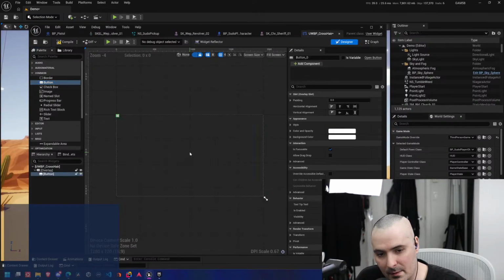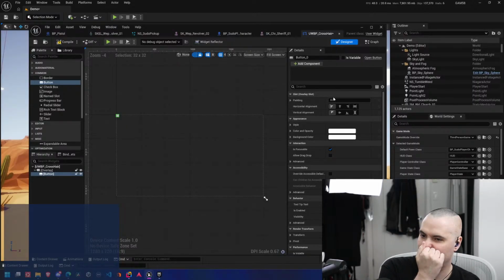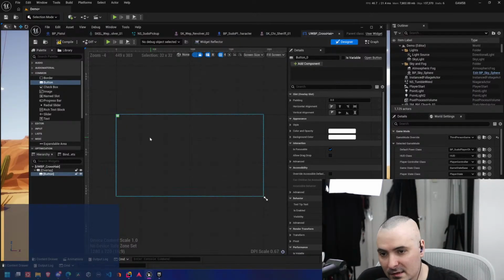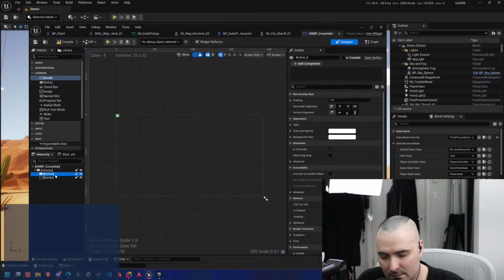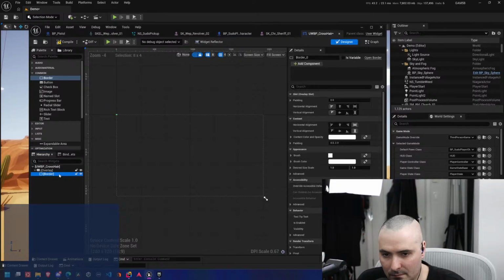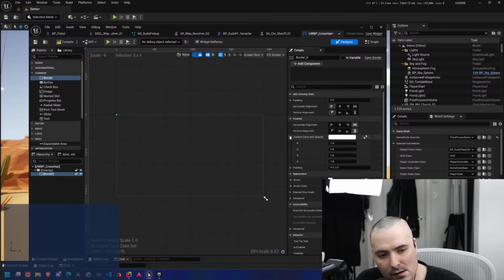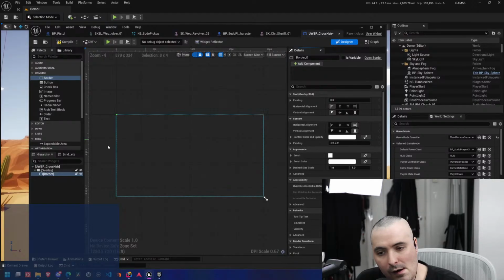We're just going to bring a button in. Look at that button. Should be a button or a border. Let's do a border, actually. So what we're going to do is we're going to anchor it. Oh, never mind.